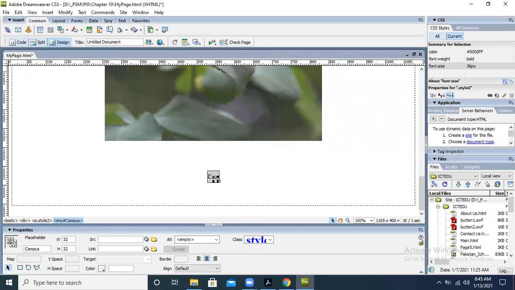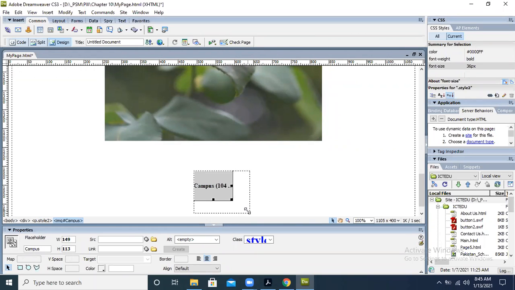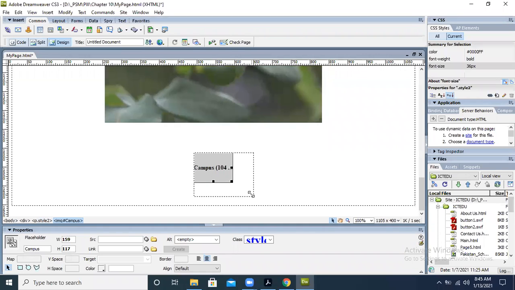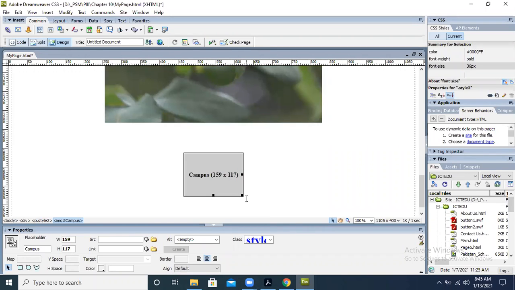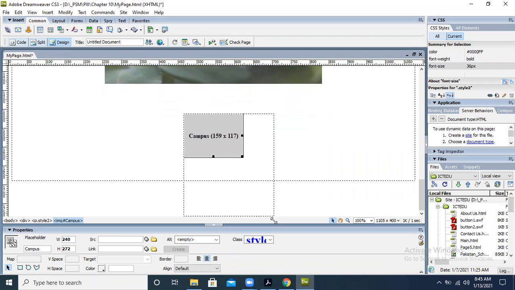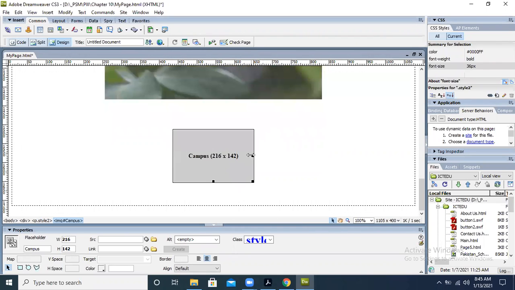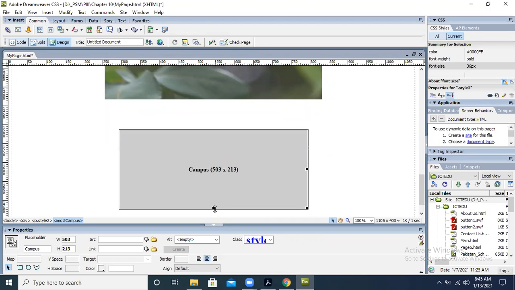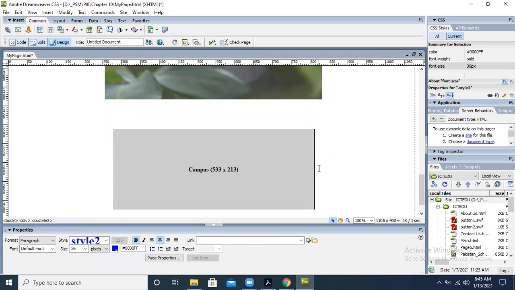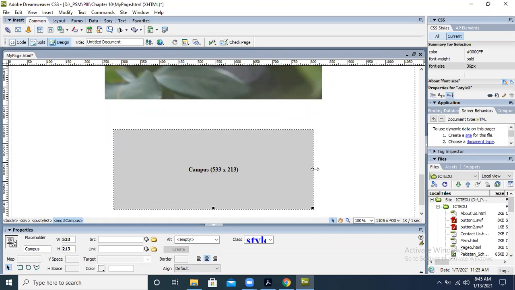So now over here you can see that campus photo is written, and the image placeholder has been inserted over here, in which we are going to insert one image. Since it is already center aligned, you can see that when I am increasing the height or the width, it is automatically in the center of the page.